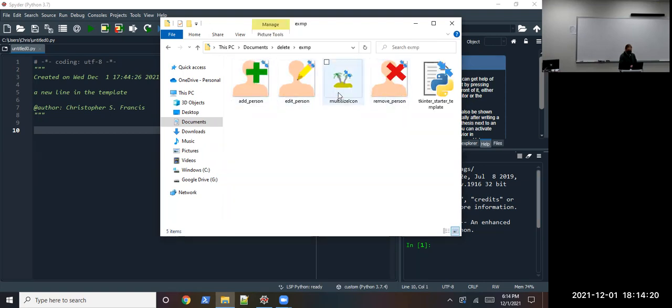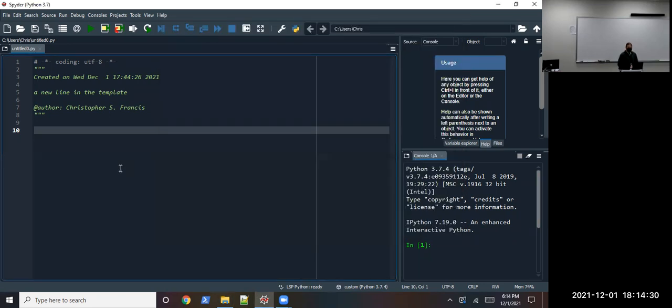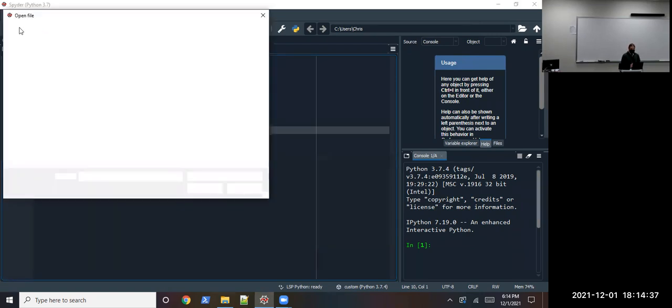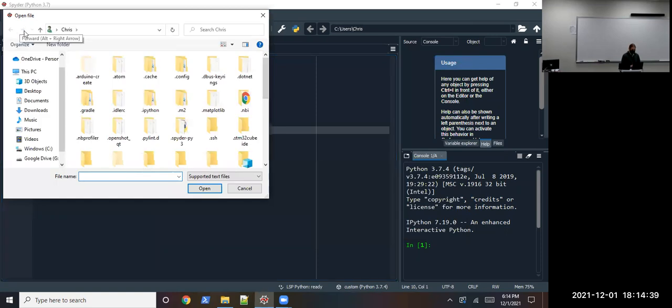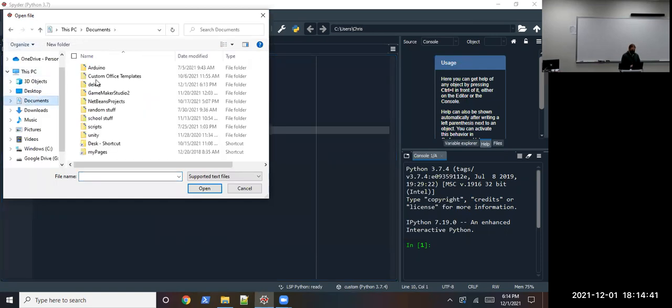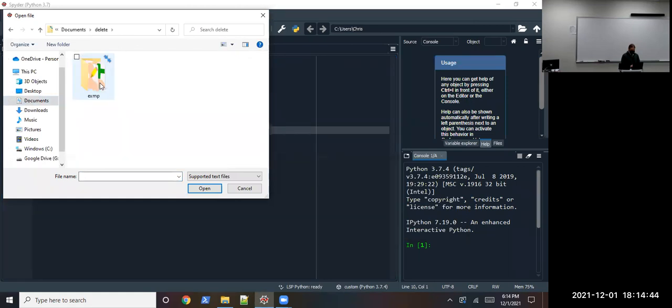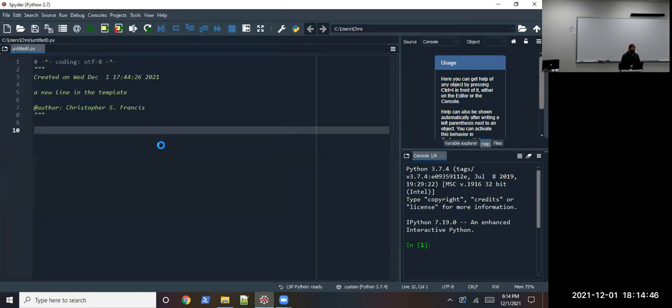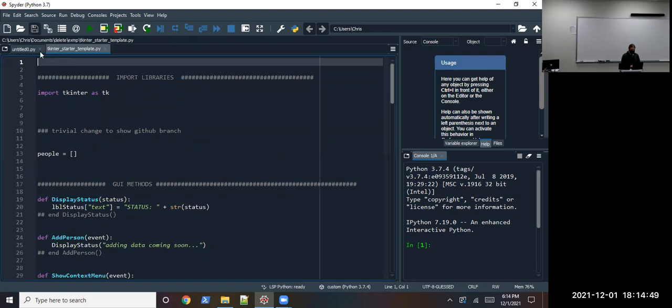But there's the pictures. Those were actually from a different project, but there was a big green plus sign and a red X, so it looked like it would work for the simple classroom example. And I'm going to use Spyder again instead of just a text editor. And right back to where we were the other day